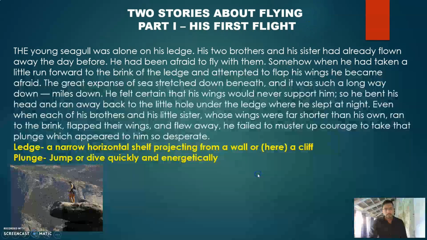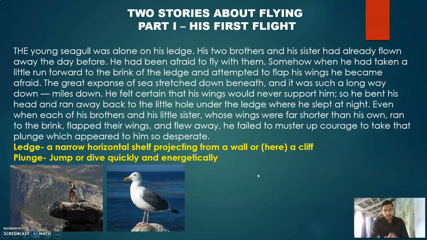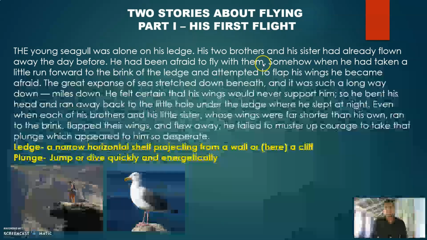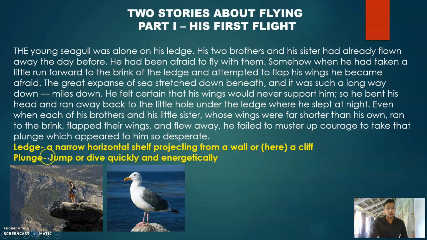Now what's a seagull? A seagull, as you can see in the image, is a seabird, and these birds make their nest or live on mountains and cliffs near the sea or ocean, and their primary food is fish. So this story is of a seagull and his family, and an incident has been discussed, the incident of how this little seagull learned his first flight. The white lines on the screen are your text according to the NCERT book, and the yellow lines here are the word meanings of the difficult words.